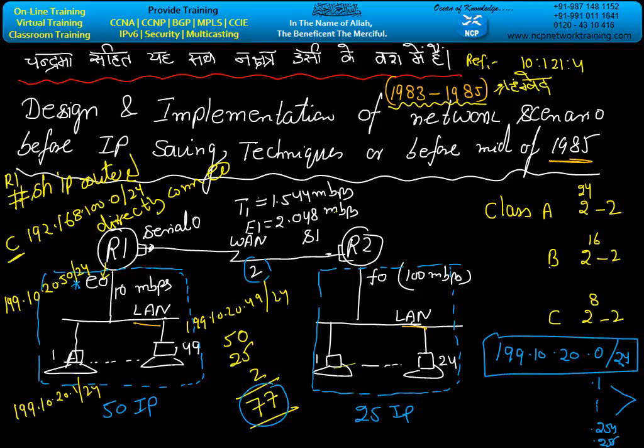Now we have applied the 50 IP address and we are not getting any error message from the router, because we have applied everything okay, there is nothing wrong. Now we are going to apply the next IP address to R1 serial 0.